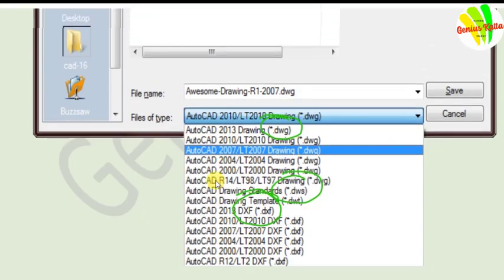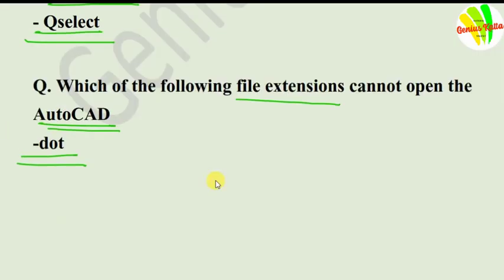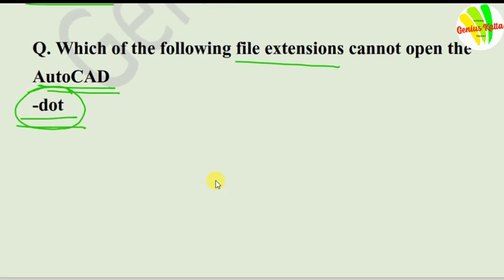These are all the formats supported in AutoCAD. But friends, please concentrate and keep in mind that dot format is not supported in AutoCAD.